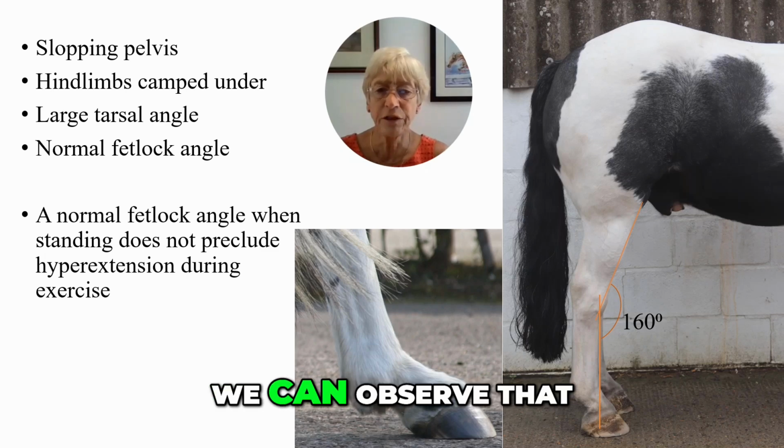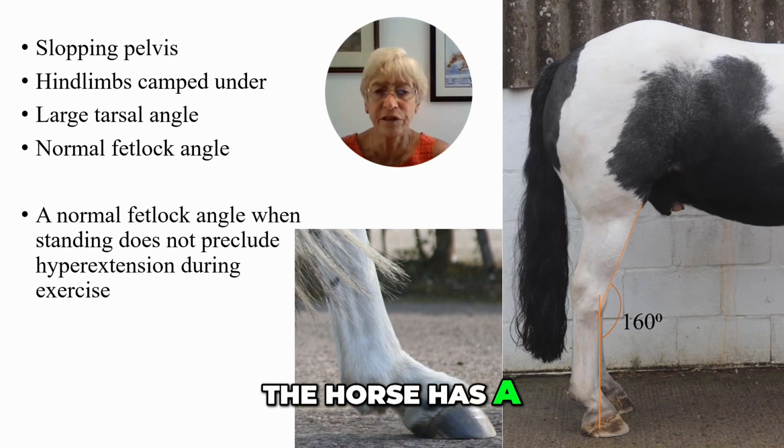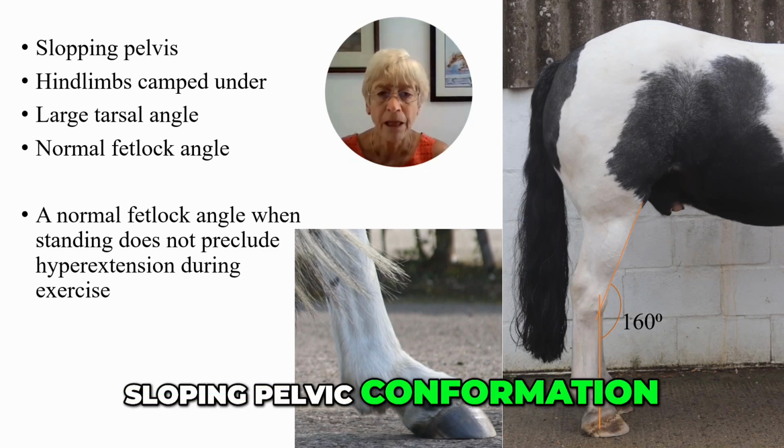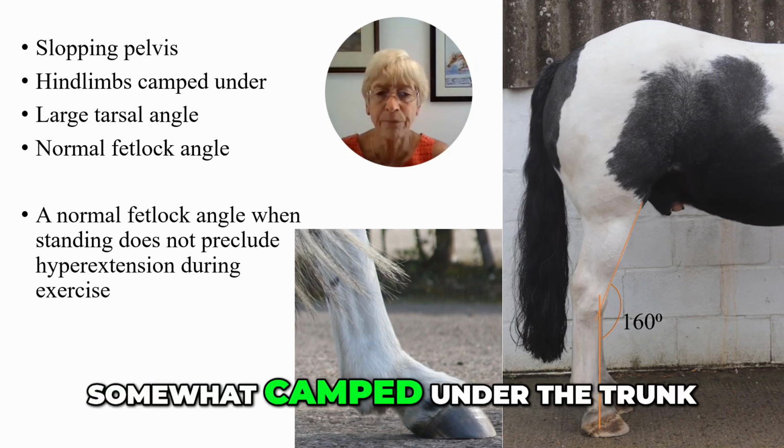In this horse, we can observe that the horse has a sloping pelvic conformation. The hind limbs are somewhat camped under the trunk,